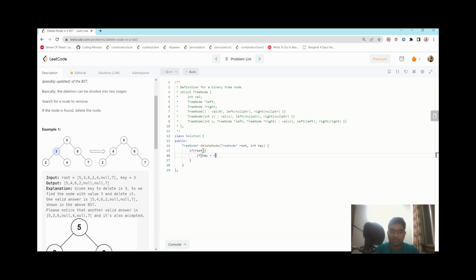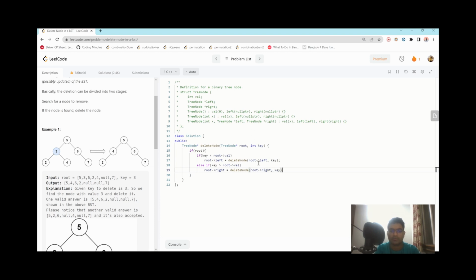So if the key is lesser than root.val, then root.left is equal to deleteNode(root.left, key). Else if